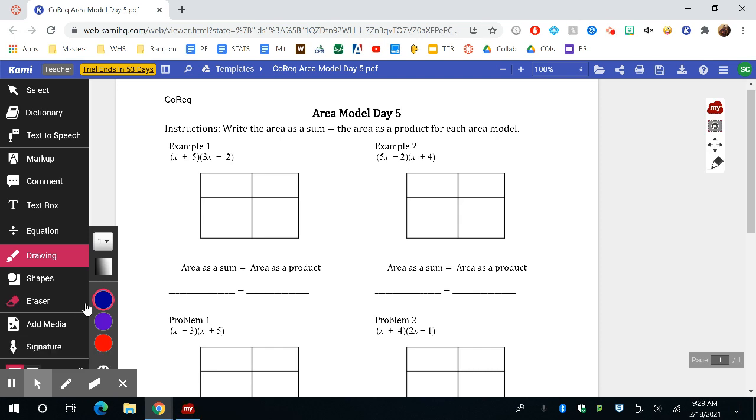Alright guys, so on this new lesson for today, we're going to talk about the area model. And now we're going to use that to help us multiply polynomials. In this case, we're going to use the binomials. Okay, and a binomial